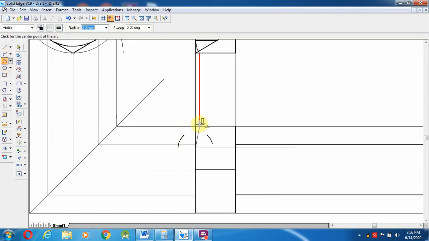From now I am going to take this A as the center point, with 9.31 as the radius. Select a line from here to here, and from here what is the length? 9.31. So go to here, 9.31, enter.